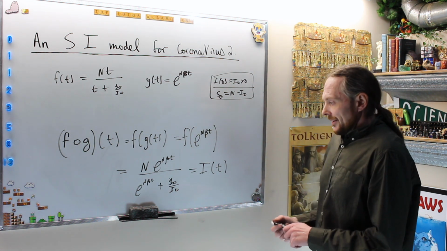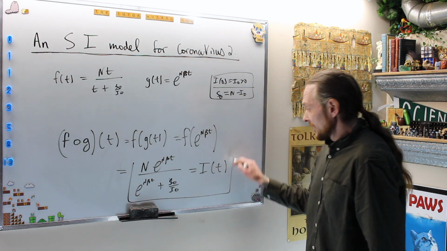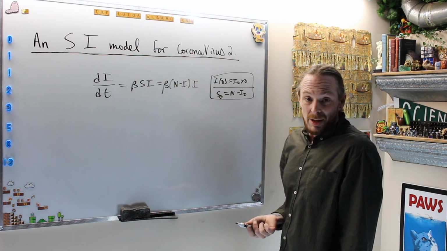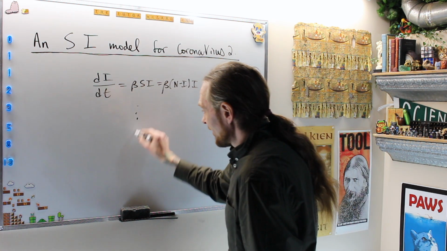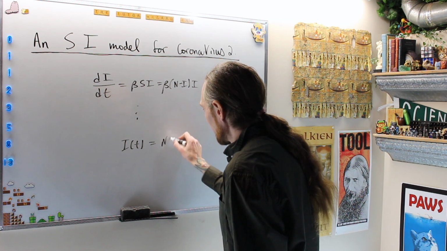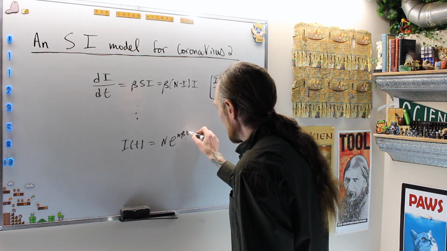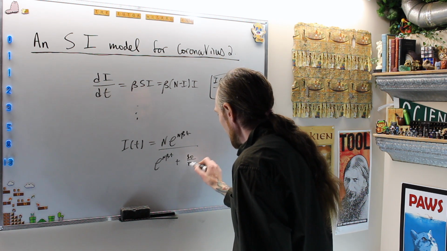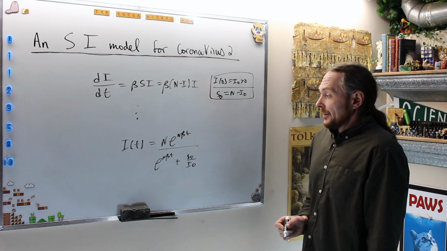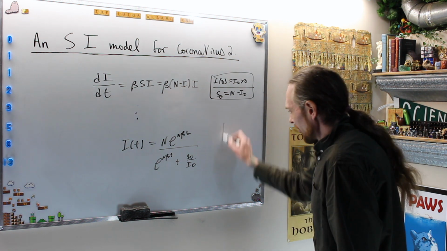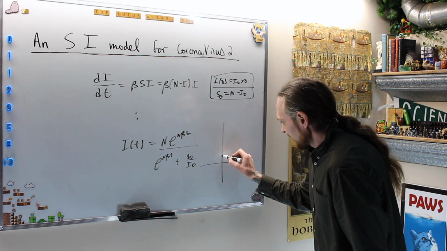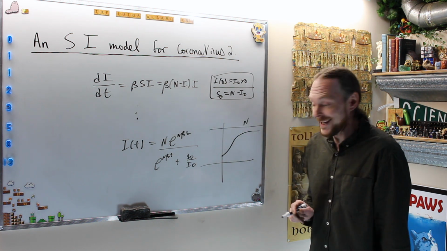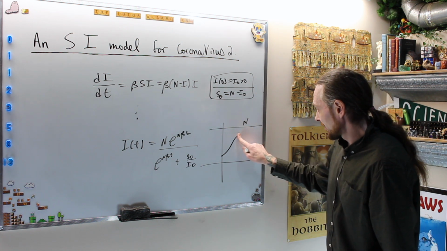Now let's see what that gives us in analysis of what our system looks like. The other videos say, here's the equation we derived from the compartmental model. And then they say dot, dot, dot, the explicit solution I of t is clearly n e to the n beta t over e to the n beta t plus S naught over I naught, clearly. And moreover, they go one over and do it again, and then they say, okay, this is what it looks like. Here's the carrying capacity n, and it says it's going to look like this. It's going to get awfully close to that